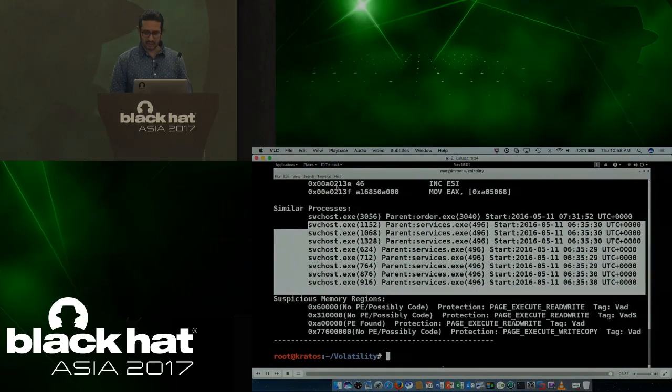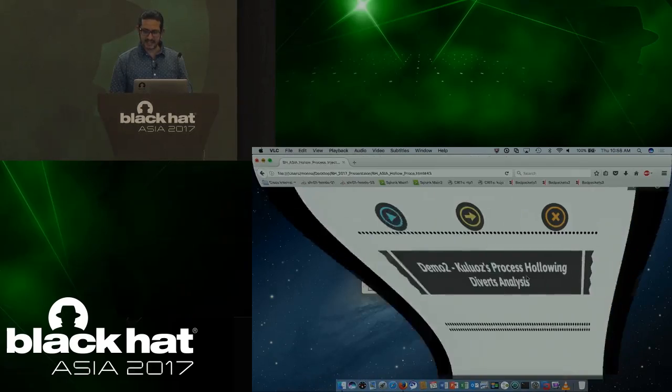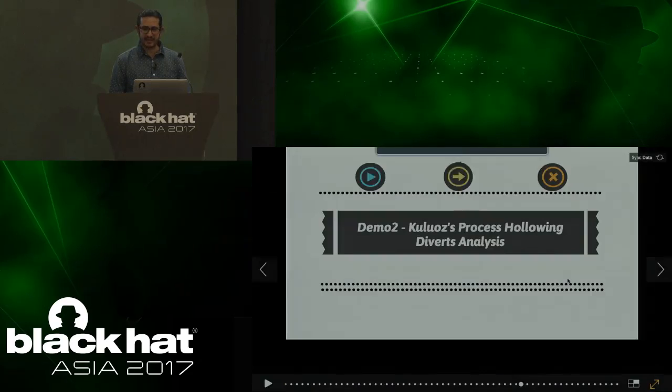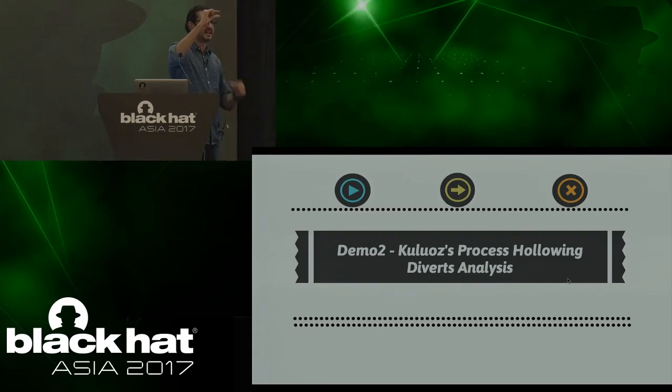But the next thing that I wanted to do was to see, if you remember, the existing volatility plugin in the case of Malfind was able to detect the region where the code was injected. But I wanted to check if there is a way that we can hide that injected code. Everything will look like the traditional hollow process injection, and it's possible that you will miss the injected code which is doing the malicious activity.